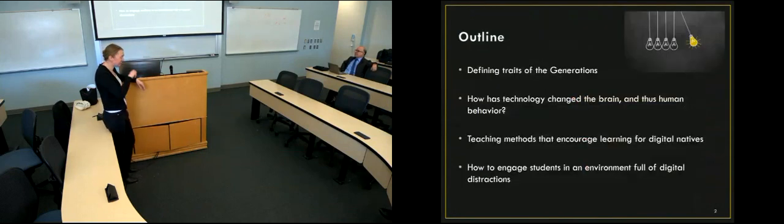Okay, so what we're going to do today is talk about, first of all, who the generations are, and you can all figure out which generation you fall into, and what the defining traits of those generations are. We're going to talk about how technology has changed how our brains work, which I'm sure you all have personal experience with, and not only how it changes how your brain works, but how you behave, how you interact with people, and how you learn. Then we're going to talk about teaching methods that cater to the new brain that we have in our heads. And then, how do we engage our students when we're in a classroom full of digital distractions? So,